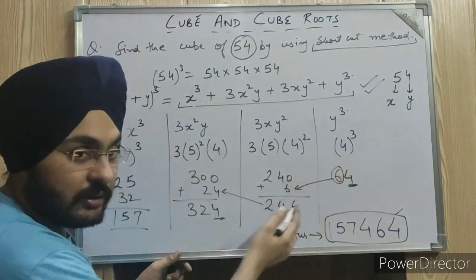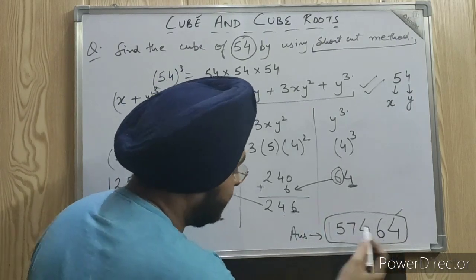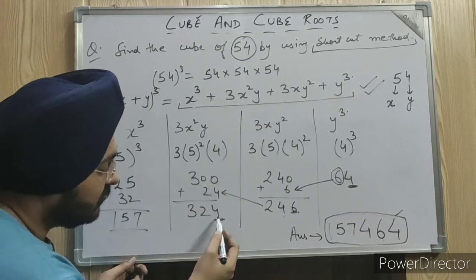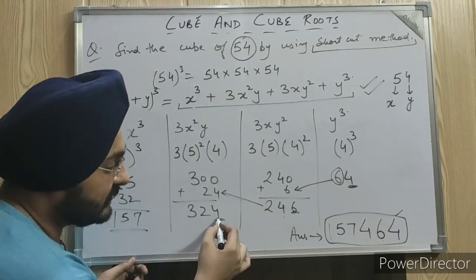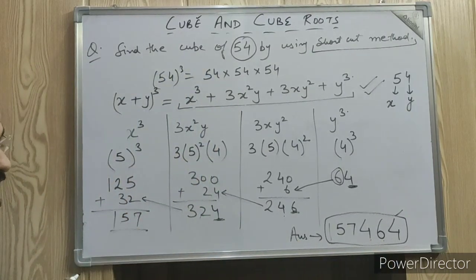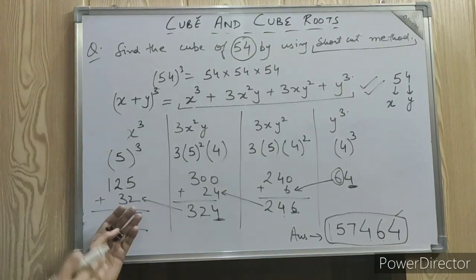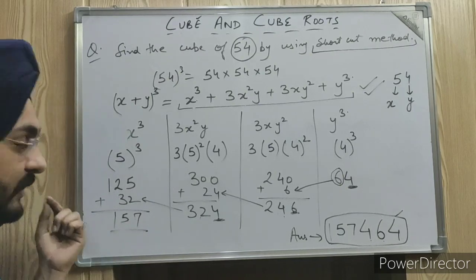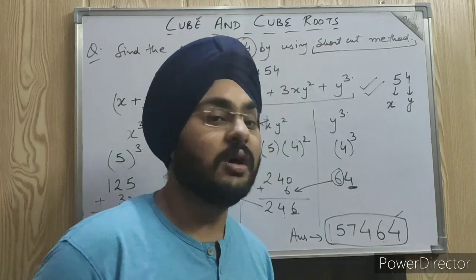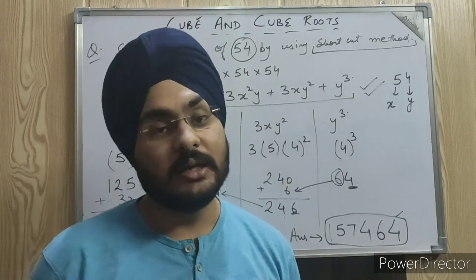Take this 6 and add to the previous number. We are left with 246. Take again this 6 right here. We are left with 24. Take this 24, get added to the previous. We are left with 324. Take this 4 right here. We are left with 32. Take this 32 and get added here. We are left with 157. Now nothing is in the previous, so we can't take the number to the previous. So write the whole number here: 157,464. By using simple multiplication, you can also find the answer, and it will be totally the same here.